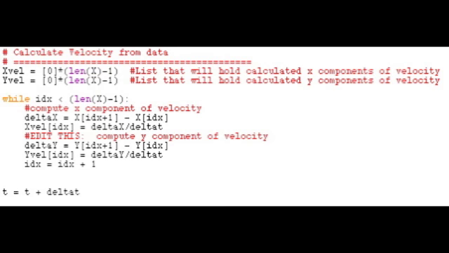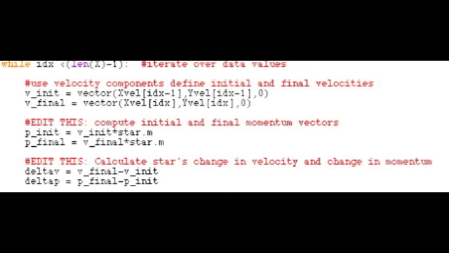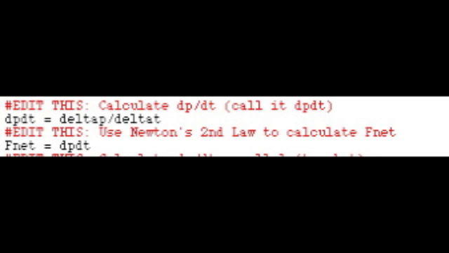I started by setting the initial conditions and reading in the coordinates from the CSV file. Next, I calculated the velocities by looping the subtraction of the initial positions from the final positions and dividing by delta t. Then I started another loop in which I calculated delta v and delta p. Following this, I divided dp by dt to get dp over dt, which according to Newton's second law is equal